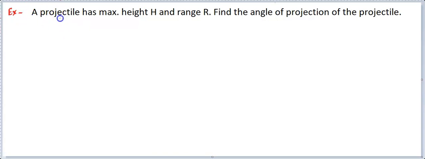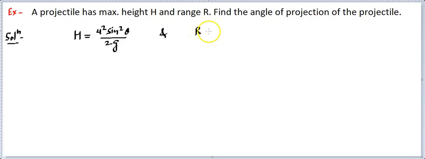You can pause, solve, and then check your answer. It says a projectile has maximum height h, and range capital R, both given to us. Find the angle of projection theta. You need to know the formulas and simply use them. The formula for maximum height in a projectile is u square sine square theta upon twice g, and the formula for maximum range is u square